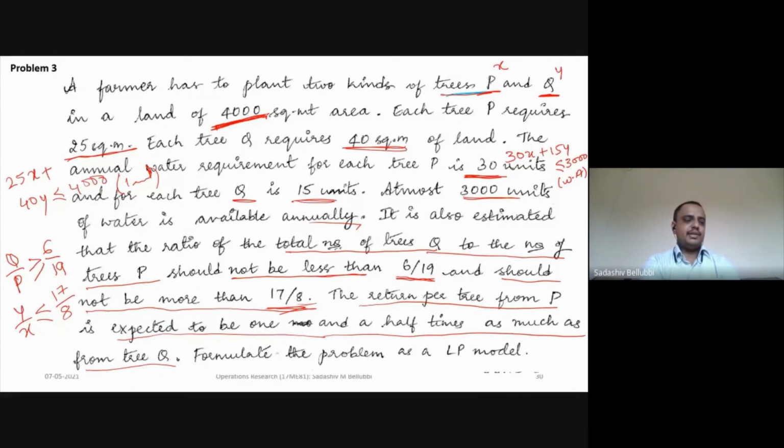Okay, by reading the statement, you can write that. Manoj, we have written maximization. It's correct. So how to confirm whether it's maximization or minimization? They have given the return. What do you mean by the return? How much amount we are getting. It means the return per tree. So return is nothing but the profit, and profit is nothing but maximization.